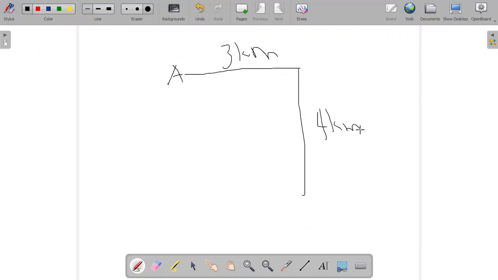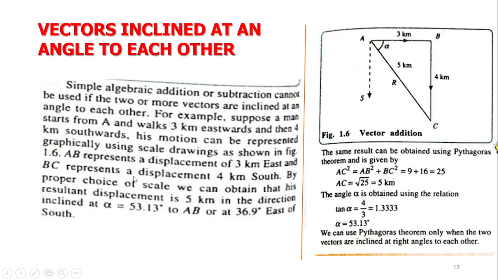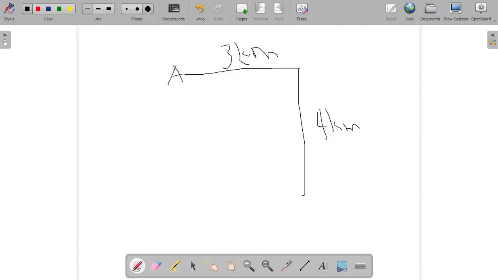4 kilometers southwards. Okay, and so his motion can be represented graphically. So what this implies is that